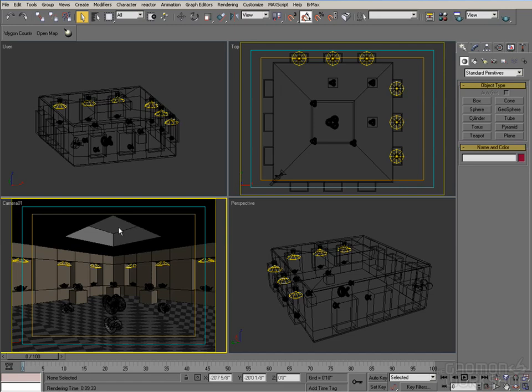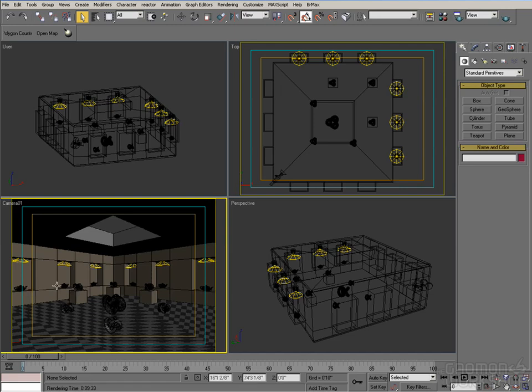Just a little bit about this scene. It's an interior scene. There's a hole in the ceiling for skylight to come through. We have some spotlights that are back in these little recesses in the wall, and the ground plane just has a simple little checker pattern on it. It's not displaying properly here, but